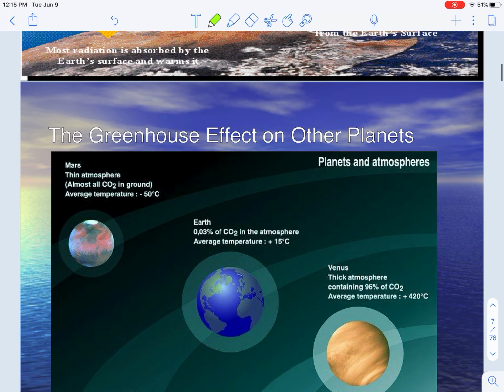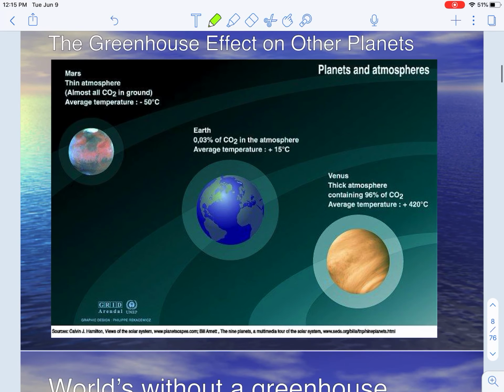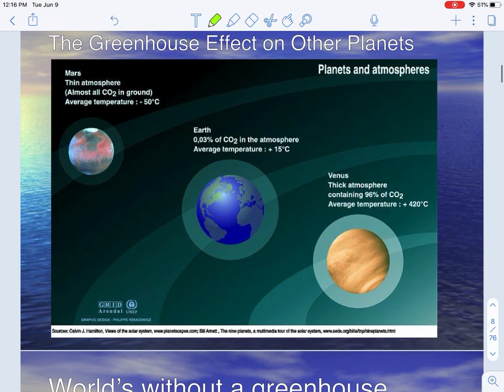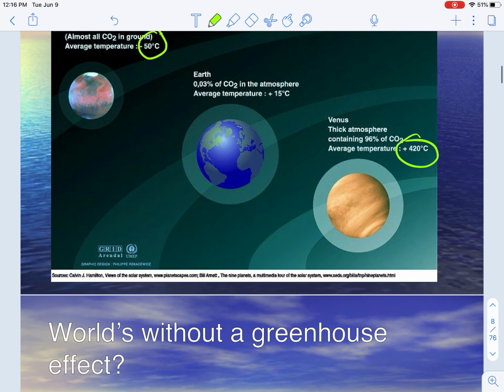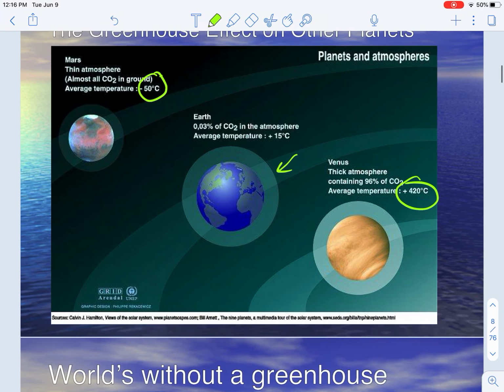Greenhouse gases, a little picture here just showing you how they bounce, just like I demonstrated already. Those rays bounce back from that greenhouse gas layer and warm the earth. And we have other planets that don't have those gases, and they feel like that contributes to their very cold temperatures or very hot temperatures, because they don't have that protective layer of gases like we do here.